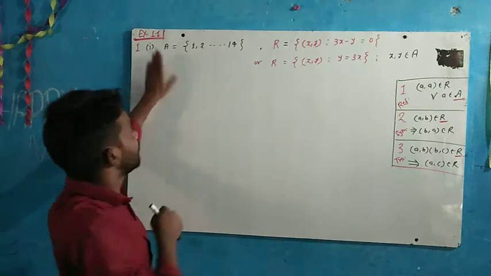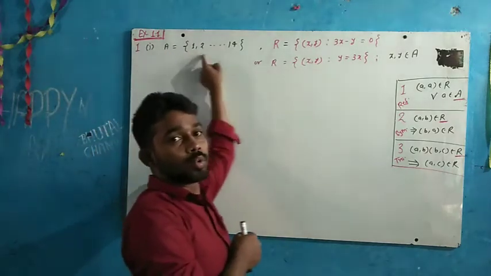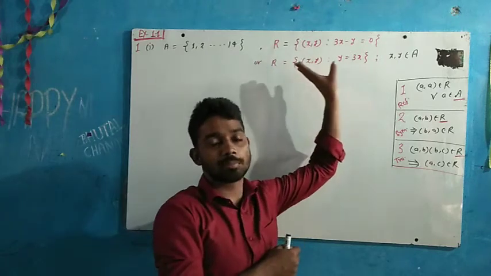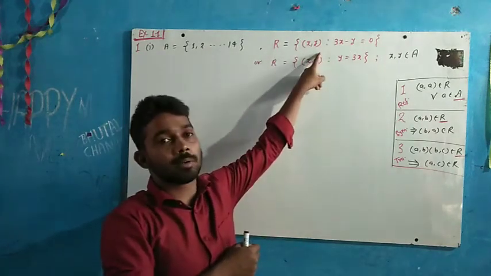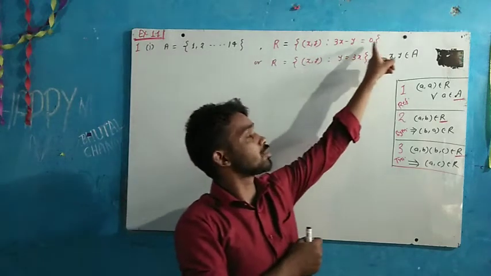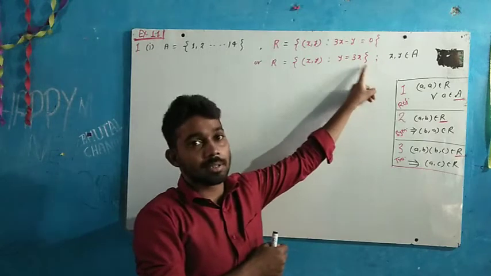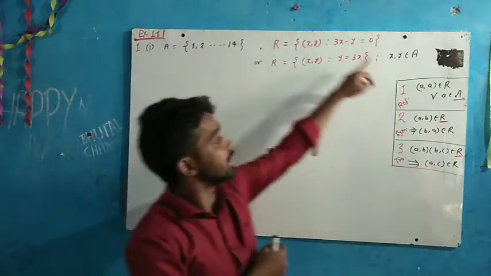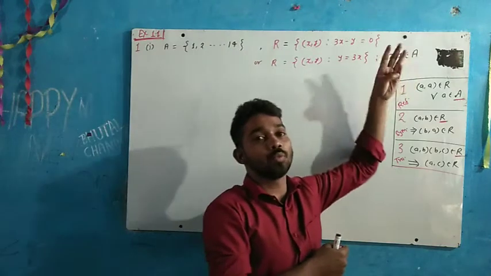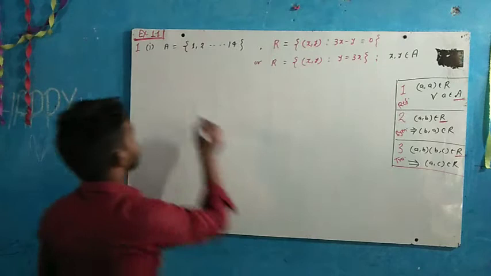The first example: set A is given, in which the natural numbers 1, 2, 3 up to 14 are given, and the relation R is the set of ordered pairs x, y such that 3x minus y is equal to 0. This can also be written as y is equal to 3x, and both x and y belong to capital A. It means the x and y values can be 1, 2, 3 up to 14. Clear? So now we are going to check first